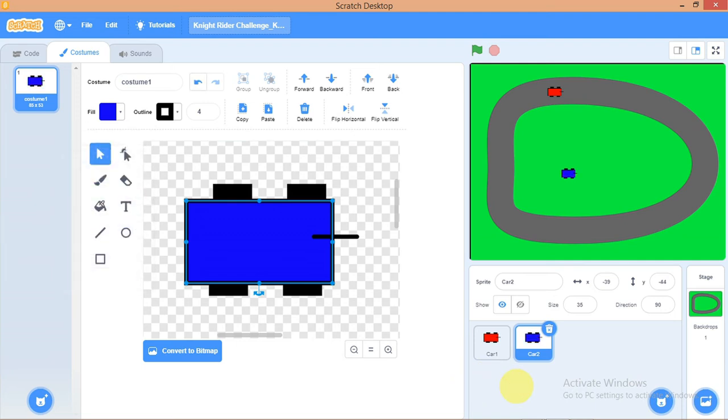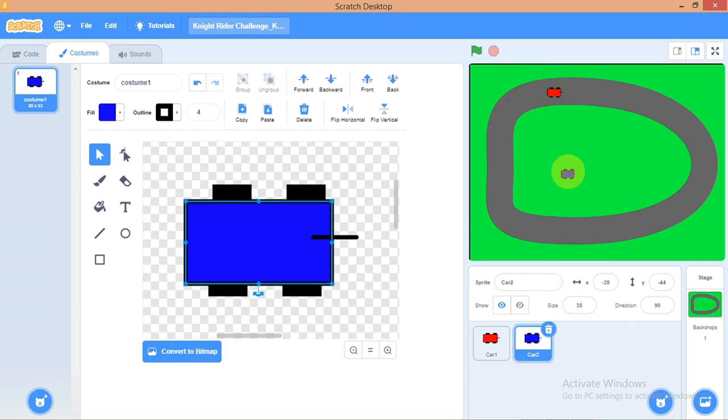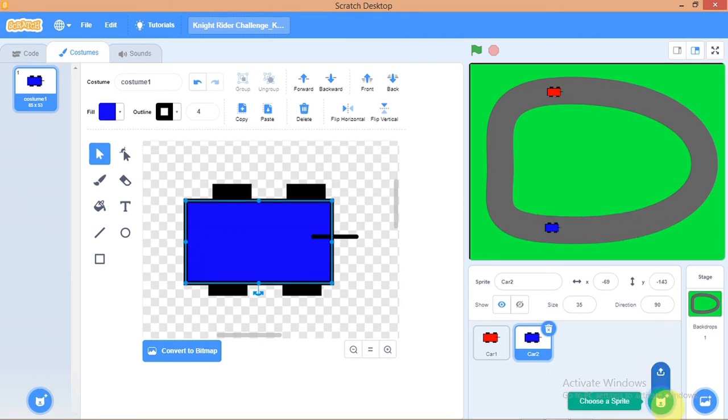2, 4. Okay, so right, because we have car 1, car 2, then we need the line track for this blue car to follow. And let's just put this one here too, as we're going to automate a path for each of these. So let's automate the path, like a form of line follower concept, for this bot to follow. So that's what I want to do now. So I'm going to create a new sprite now. Just go to choose sprites. Then